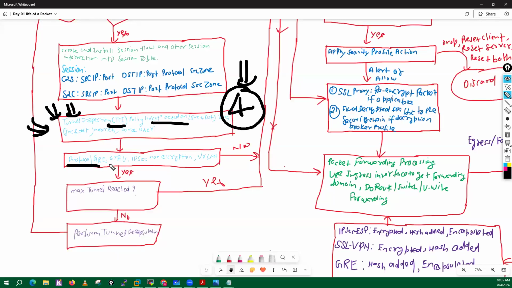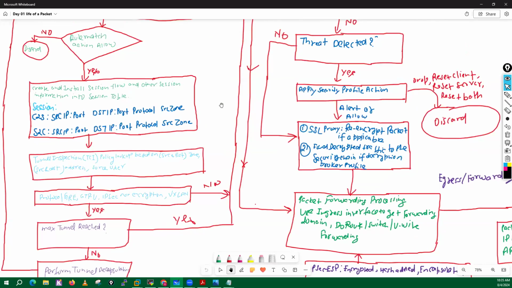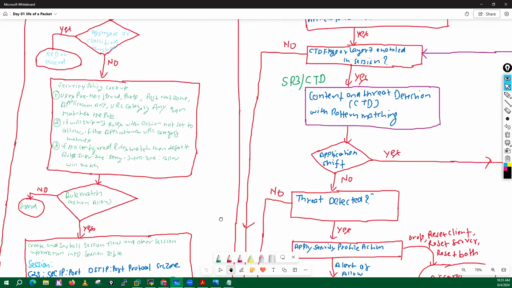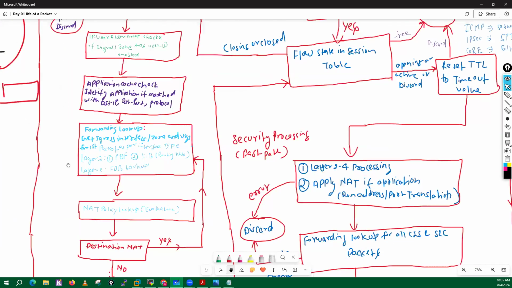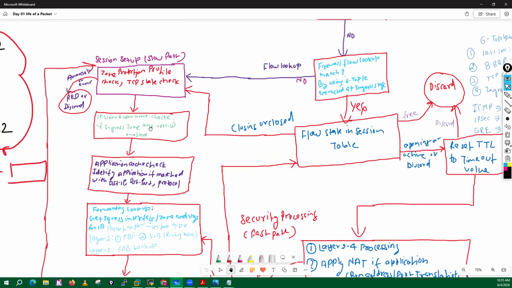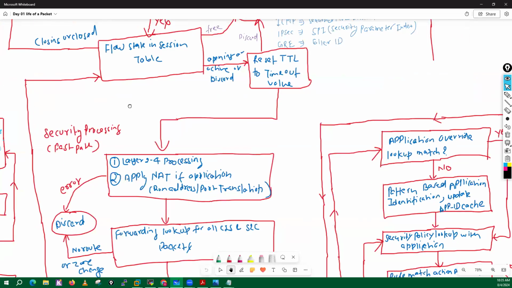Protocol GRE, GTPU, IPsec, non-encrypted VXLAN traffic? If yes, is the max tunnel level reached? If yes, then it will go further. If no, then perform the tunnel inspection. Okay. And once tunnel inspection is done, it will go back again to your session setup state. Otherwise, if everything is good and there are no TCI policies, then your packet goes for the